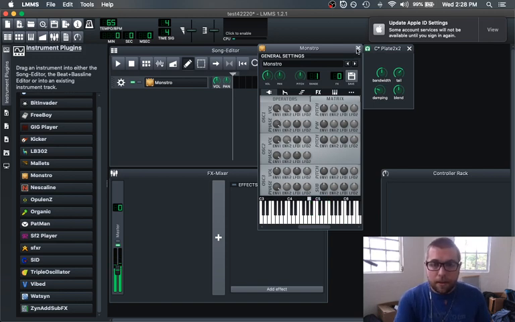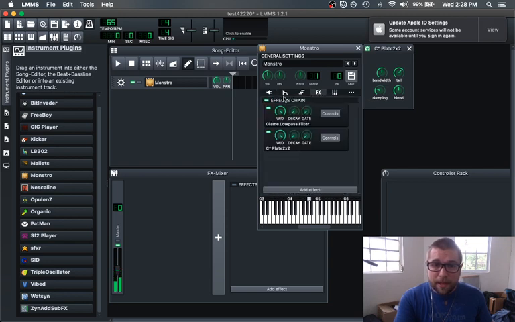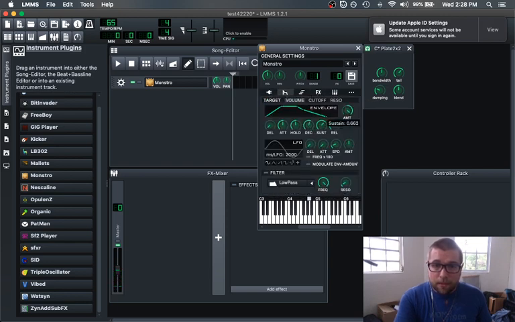Nice. Still have a very long sustain here. I could actually bring that sustain down slightly. Release down slightly. Nice.